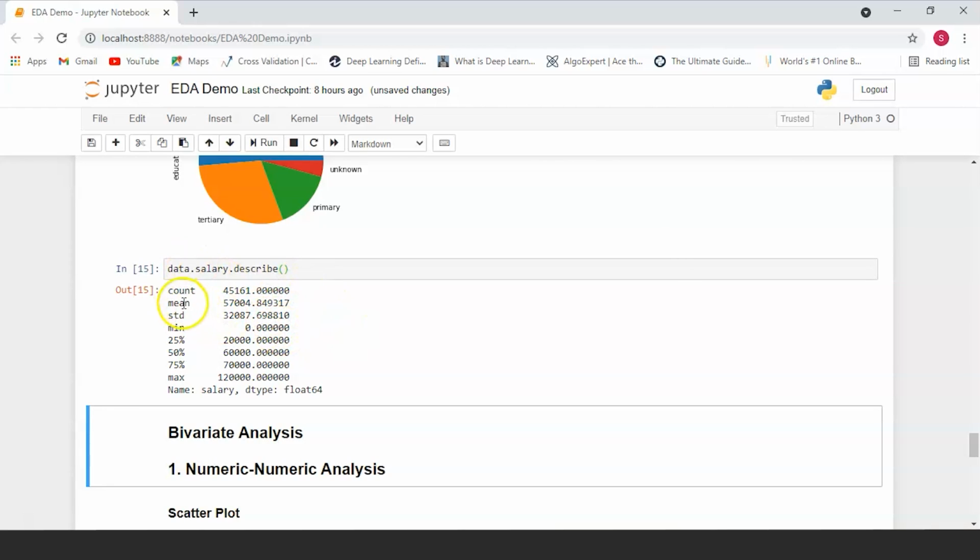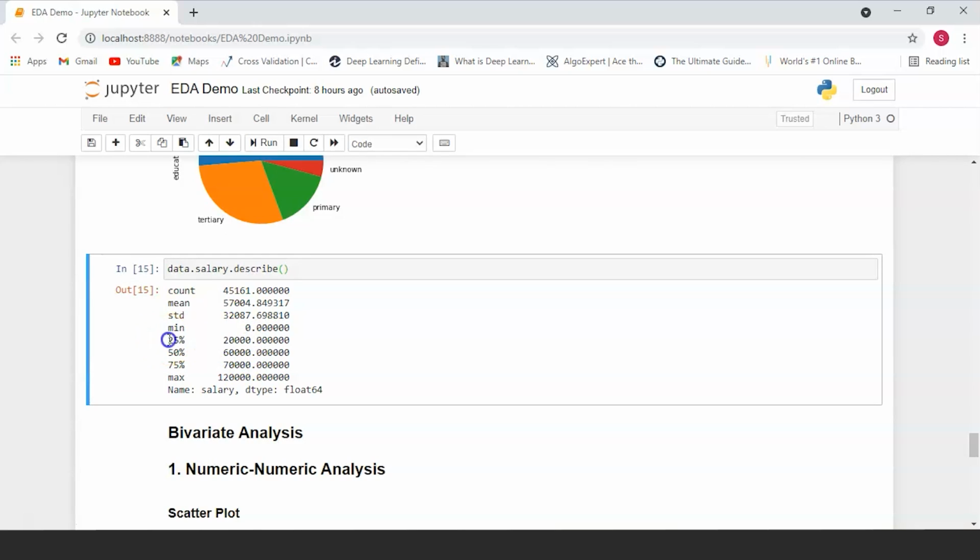It's going to tell you the mean of the column, or the average salary that people are earning in this case, the standard deviation, or by how much singular values differ from our mean value over here, the minimum value in our column, the maximum value in our column, the 25th percentile, the 50th percentile, and the 75th percentile.